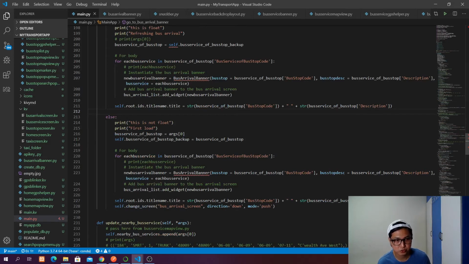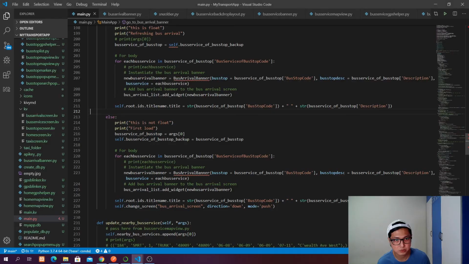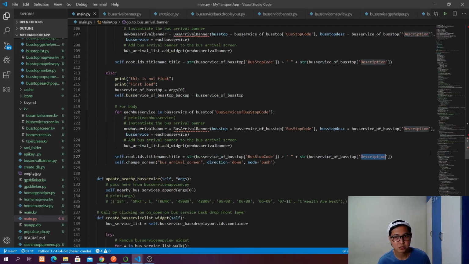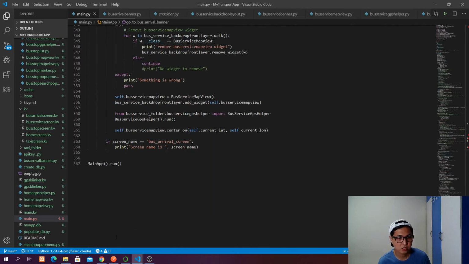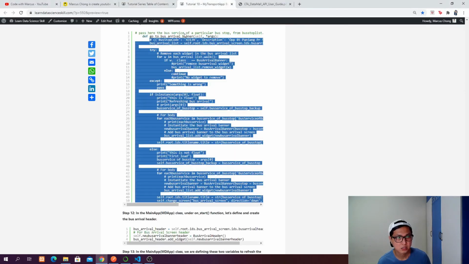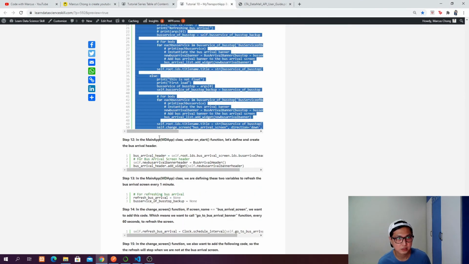So as we call this function, we also want to change the title of the screen to the bus stop description, including the bus stop code and the bus stop description, and then we want to change to BusArrival screen. So as you come to BusArrival screen, right, yeah, we haven't come to that, but